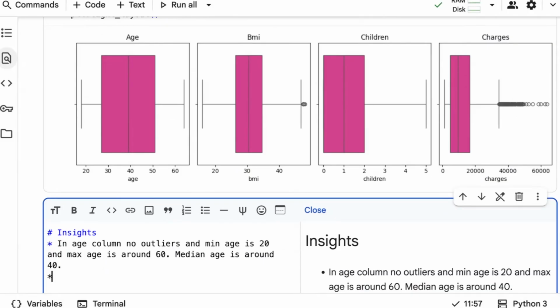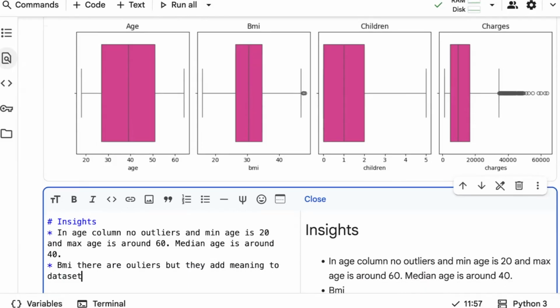Okay. So when it comes to BMI, in BMI there are outliers, but they add some meaning to the data set. So even though we have handled the outliers in BMI, still we could see some circles. That means they are not outliers.